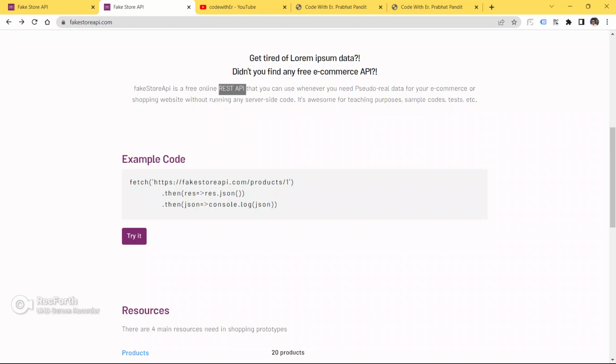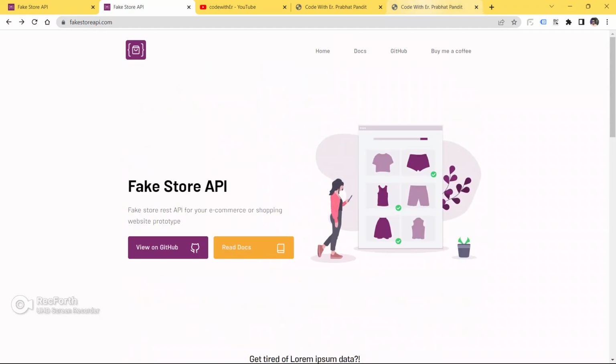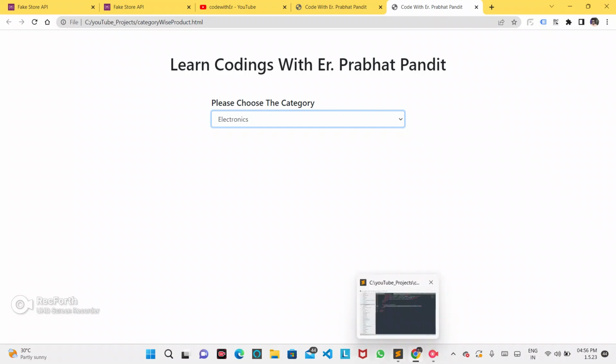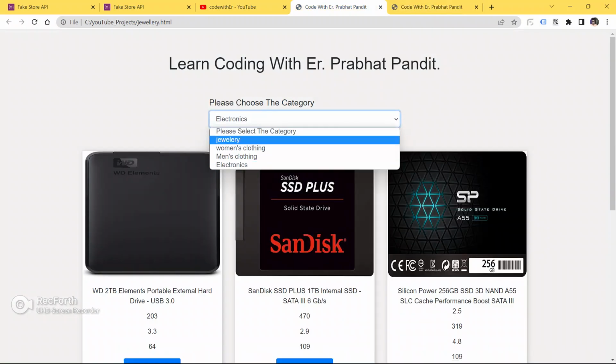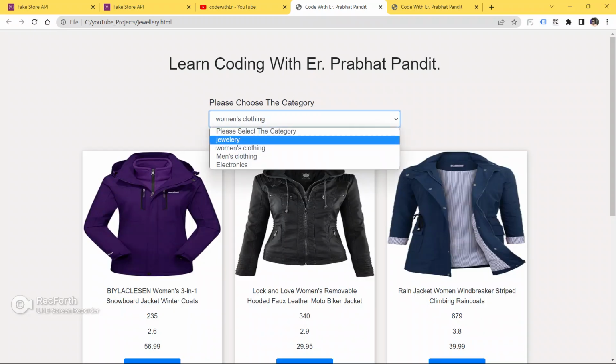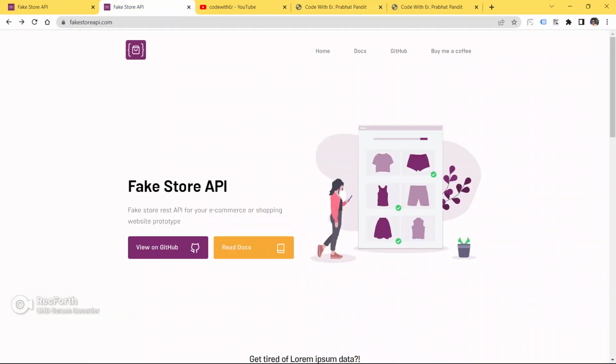See, this is the REST API, guys. So we are going to fetch this REST API using the JavaScript inbuilt method called the fetch method. So go here now and start writing your JavaScript. We are going to achieve this functionality using the JavaScript inbuilt fetch API, and we are going to fetch this Fake Store API.